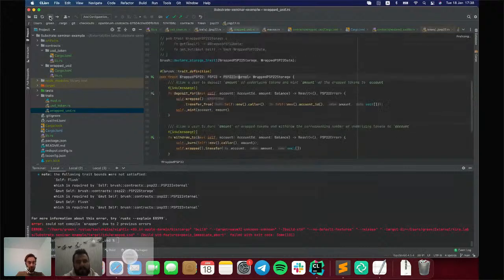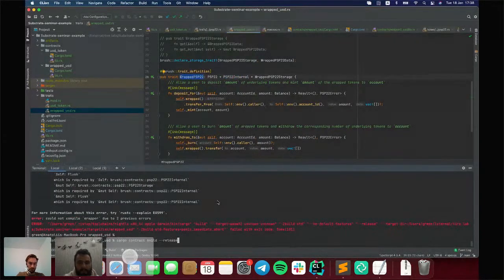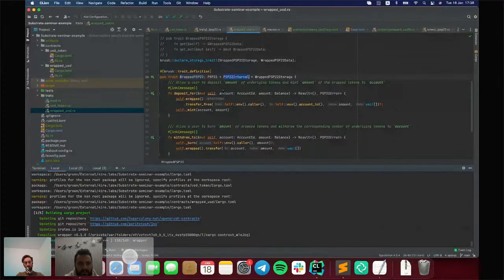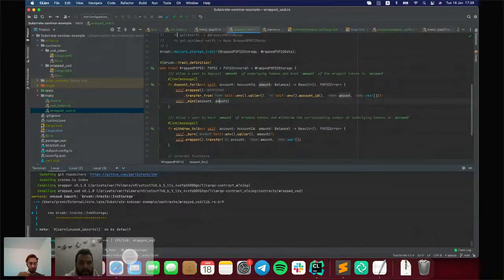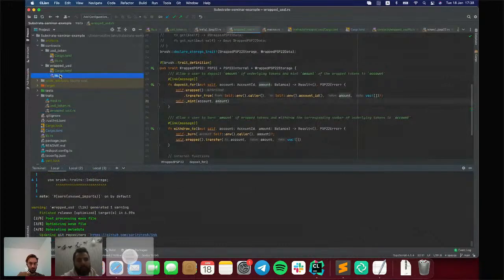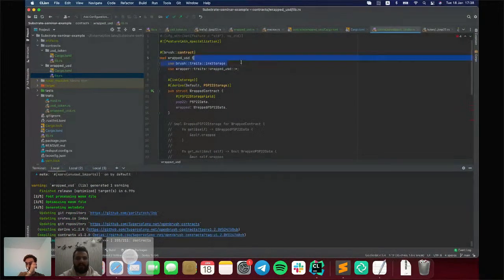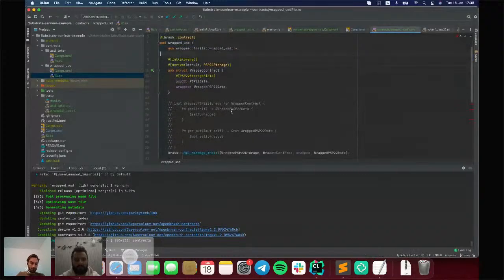So also let's ask for additional restrictions here. It should also implement PSP22 internal, provided by OpenBrush. Yeah, it is enough, and we can remove it because it is not needed anymore.